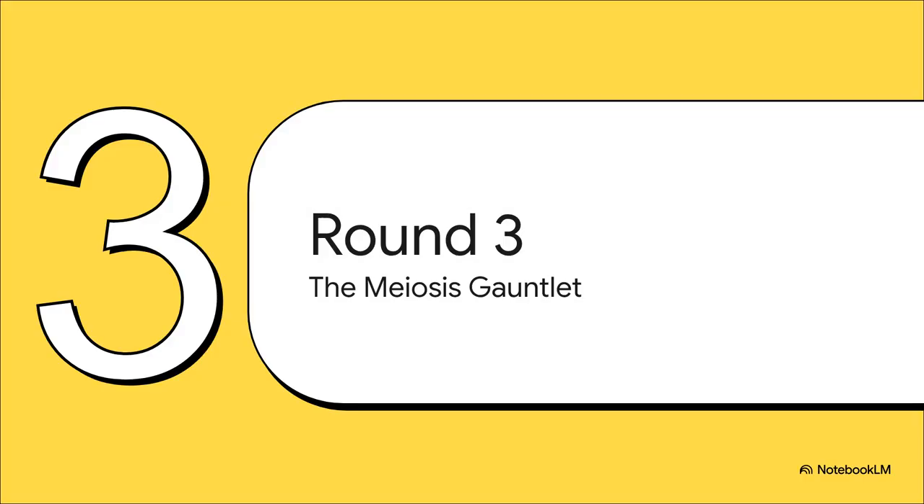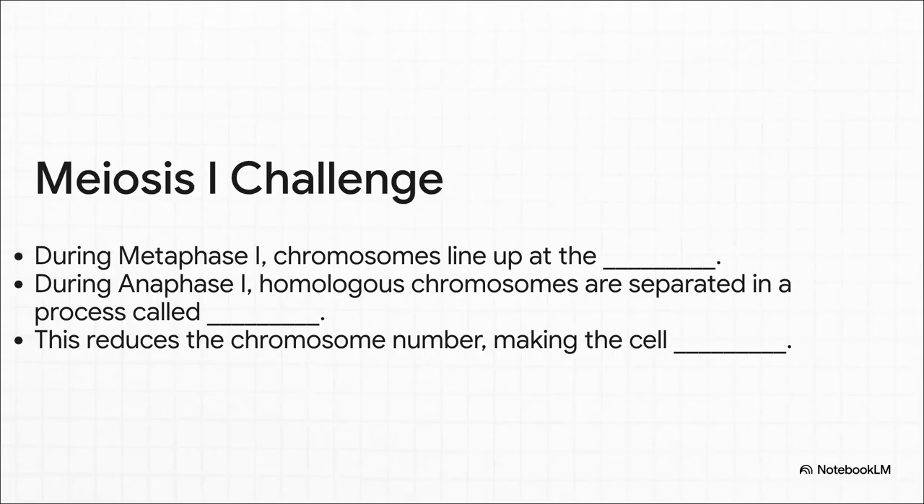We've made it to the final and definitely the trickiest round, the meiosis gauntlet. So if mitosis was about making identical copies, meiosis is totally different. It's about creating genetically unique cells, like sperm and eggs, for sexual reproduction. This is where genetic diversity comes from. All right, meiosis actually has two